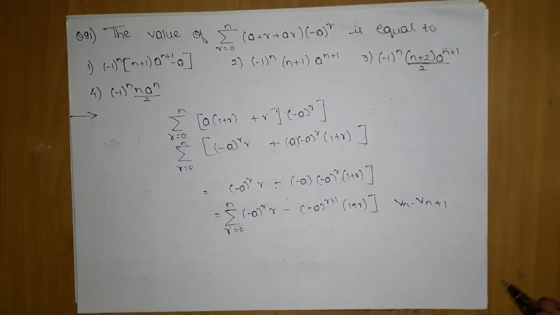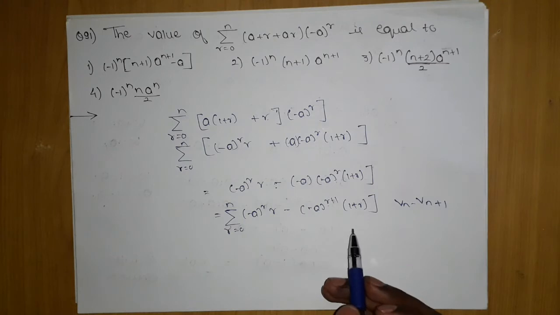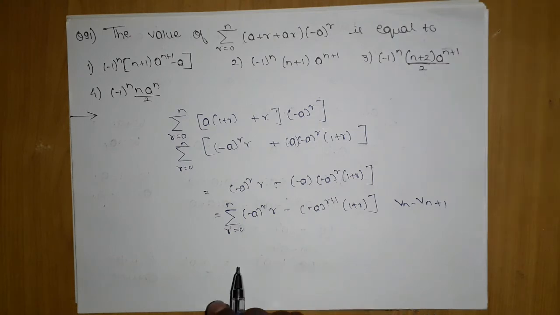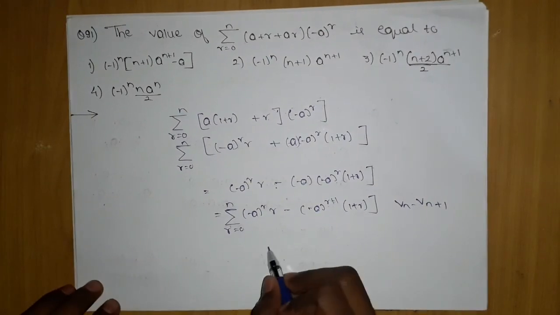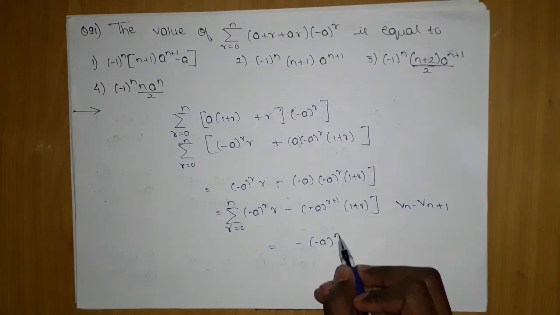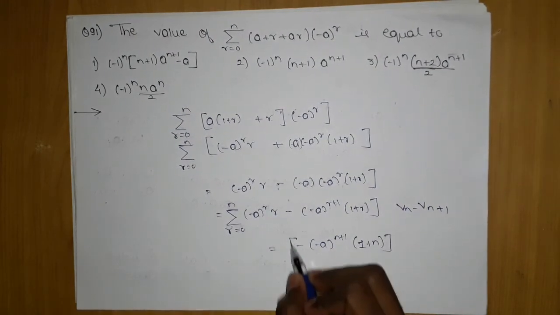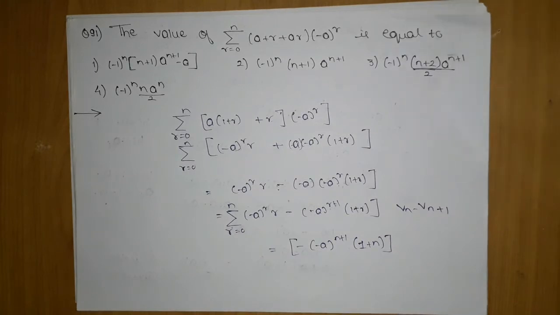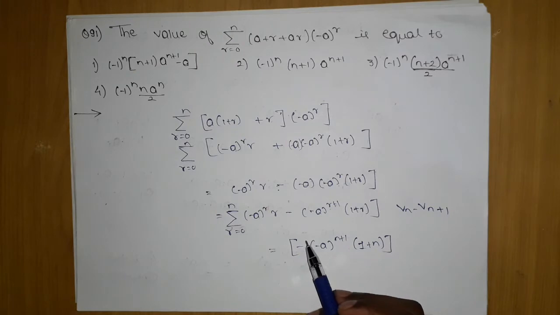No problem. Now here it is clear that we will apply the Vn minus Vn plus 1 series, which will give us our final answer. This will become 0, giving us a final answer of minus into minus a power n plus 1 into 1 plus n. So which option does it match? Here there is no direct option match. If I put n equals to 1,